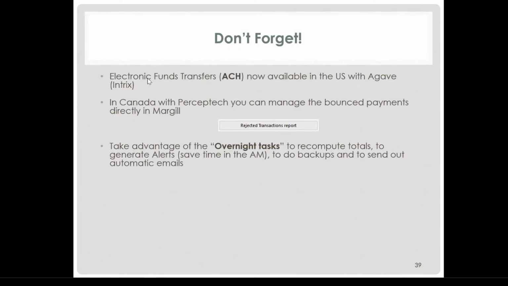Okay, in the US, you can do ACH payments with Agave. They used to be called Intrix. This is quite useful. So ACH payments, there are charges for that. In Canada, it's with Perceptec. Many users of Perceptec. With Perceptec, it's a little more evolved than Agave. You have a rejected transaction report. So you'd be able to see, okay, I have this many rejects this month, and the system will automatically change it from paid, we suppose it was paid, to unpaid. Fees are charged automatically, and an email goes out, Dear Joe, your payment bounced, please call me ASAP with this,